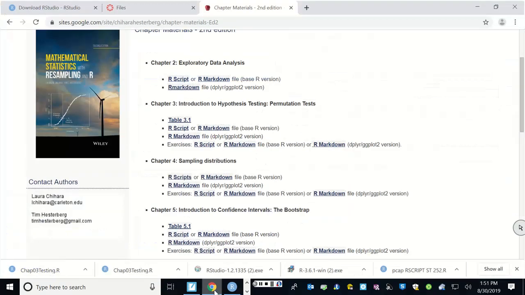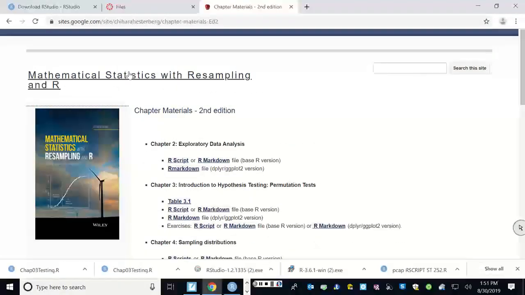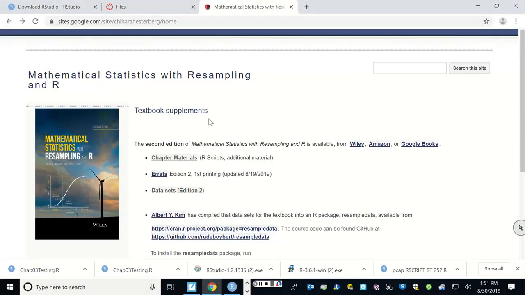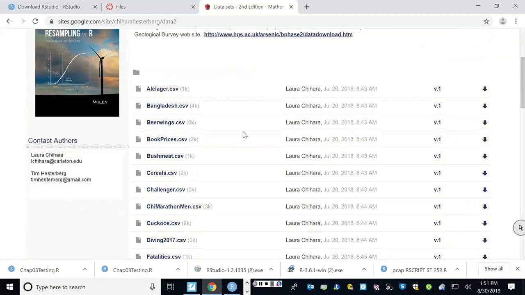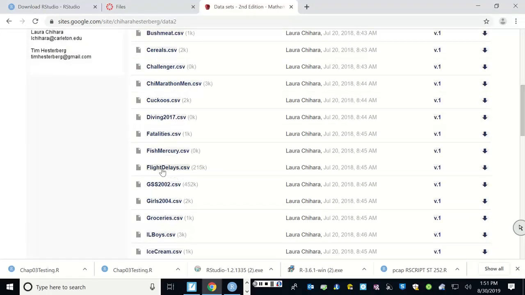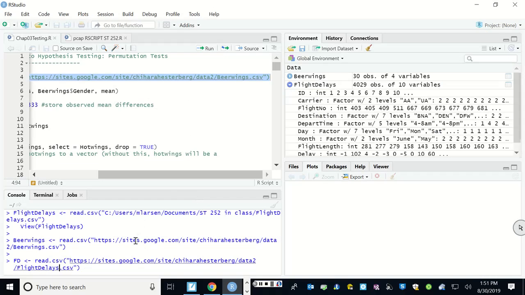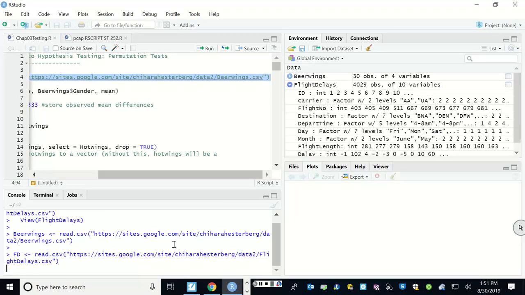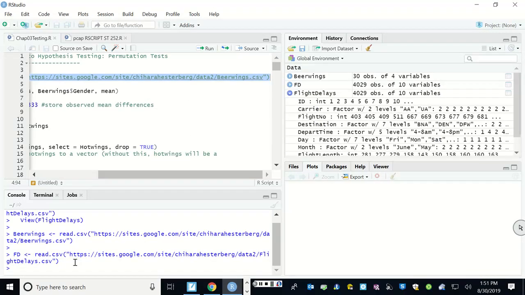I can't remember if it's capitalized or not. So, it's the chapter material. This is the data set. And flight delays has delays as capital. So if we do this, it looks like flight delays is now a different copy of that same thing,